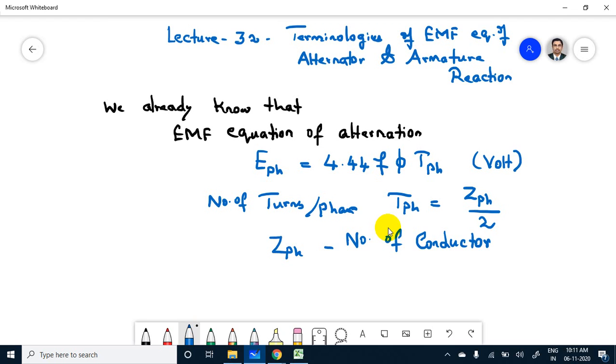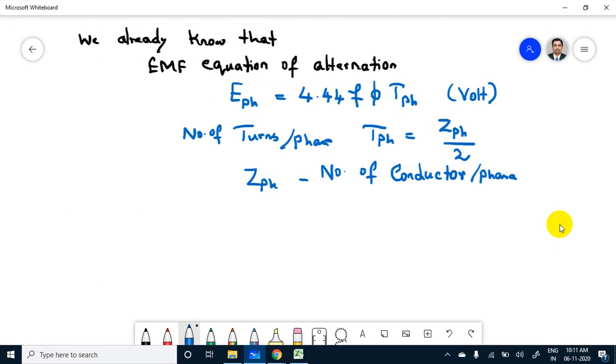Number of conductors per phase, Z phase. So this is the general EMF equation, EMF equation 1. Now this equation we have to represent in terms of some factors. How to represent these factors? Generally the EMF equation, this E phase, depends on